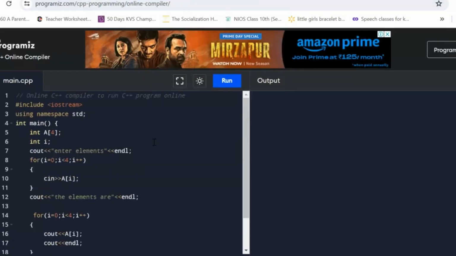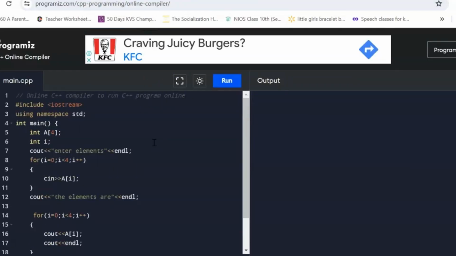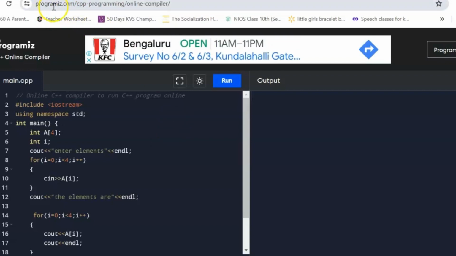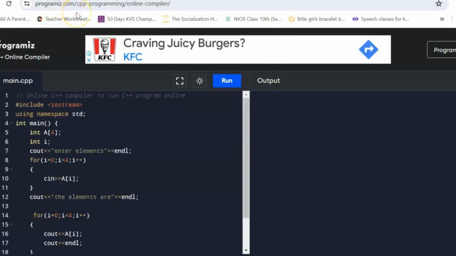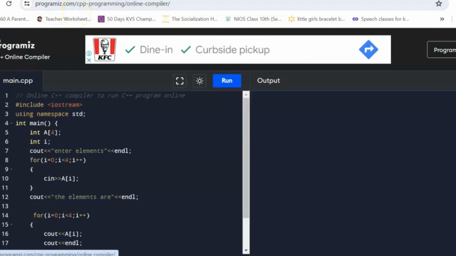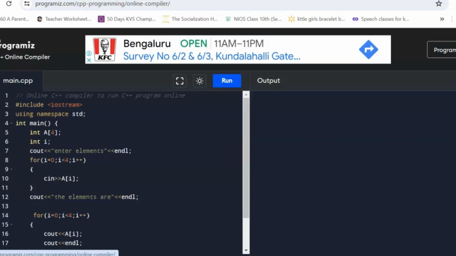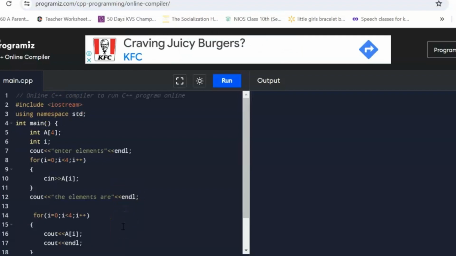For doing this program, I have used programiz.com. In Google, you have to type programiz.com. There you will be able to see C++ here on your left. Click on that. The platform will be for typing the C++ programs. Once you do it, you will be seeing